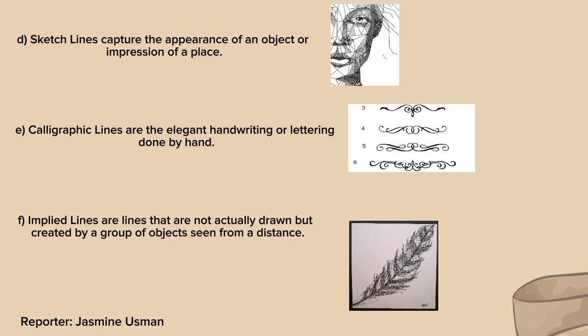The next one is the sketch lines. Sketch lines capture the appearance of an object or impression of a place. It means that sketch lines are quick, loose, and spontaneous marks that capture the appearance or essence of an object, scene, or a place. They are characterized by their simplicity and immediacy, conveying a sense of freshness and directness in